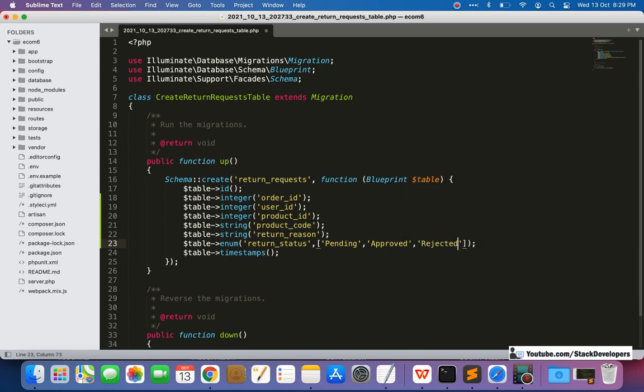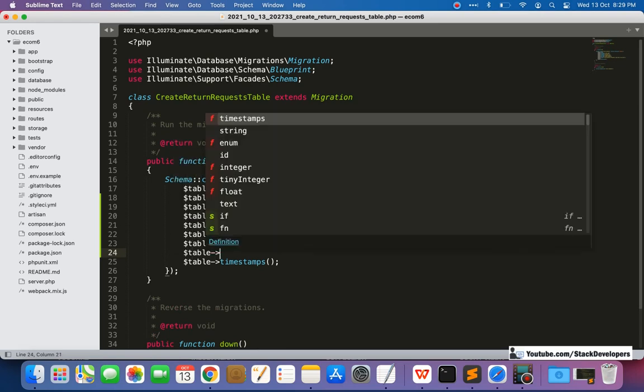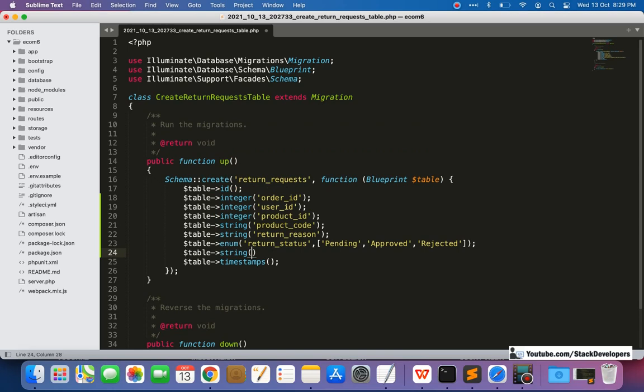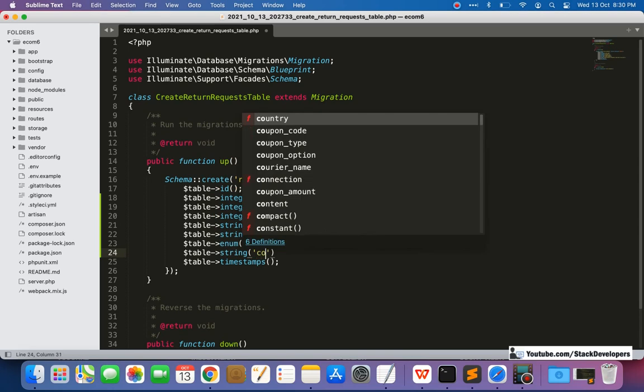We can use predefined values, because there are only a few return statuses that can happen, like pending, approved, rejected. When the return request is made, it will be pending, then the admin can either approve or reject this return request. One more field I think will be fine: we can give the comment field as well if we require. A simple 255 character comment field is enough.